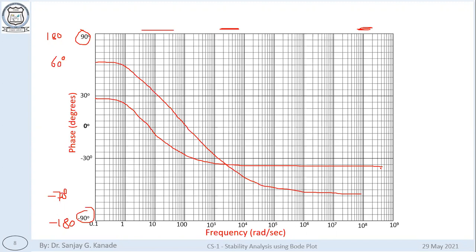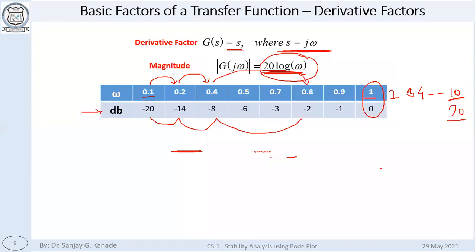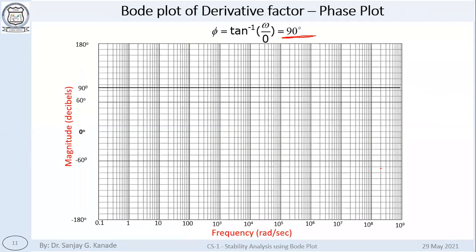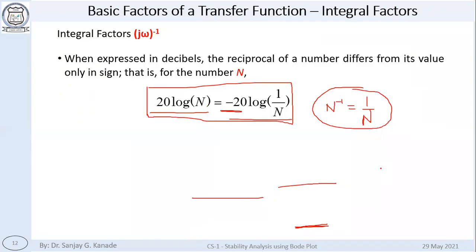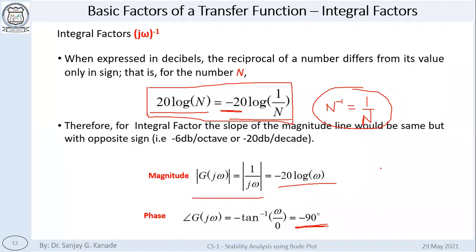Okay. So we will stop here today. What we have seen until now is Bode plots of some basic factors. We started with the gain factor and the first and simple integral and derivative factors. This is what we have seen until today. The rest of the part we will see in the next lecture on Monday, and then we will go ahead with some examples.